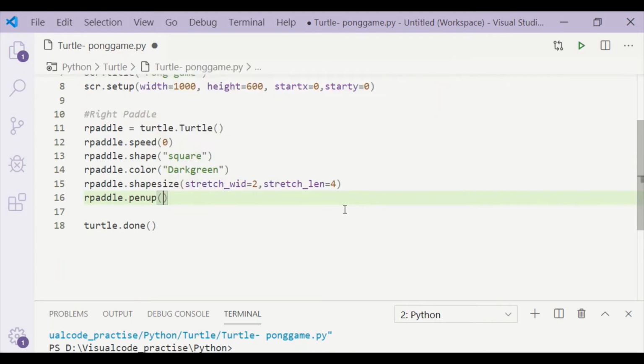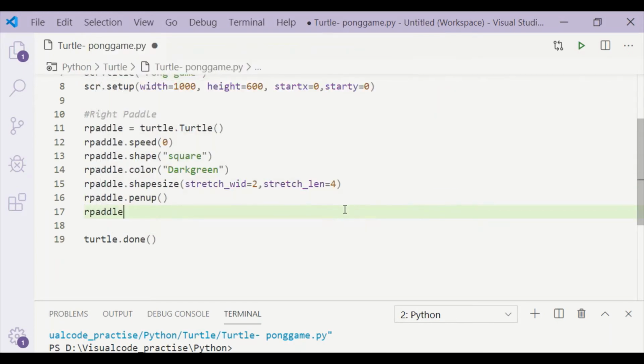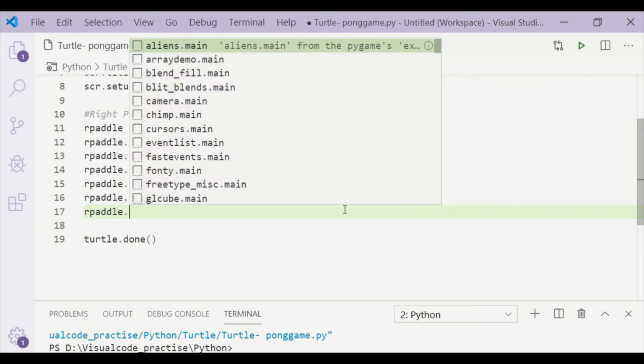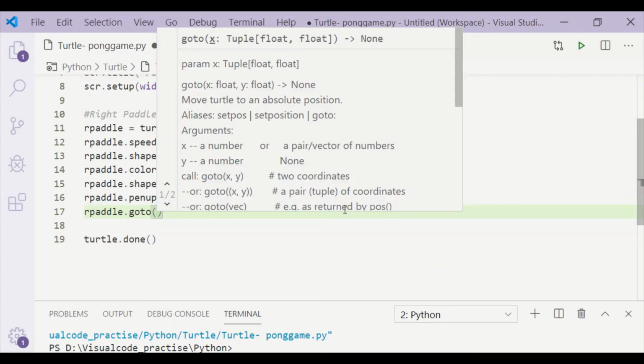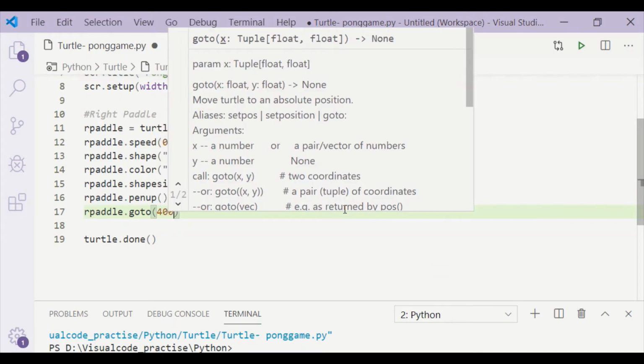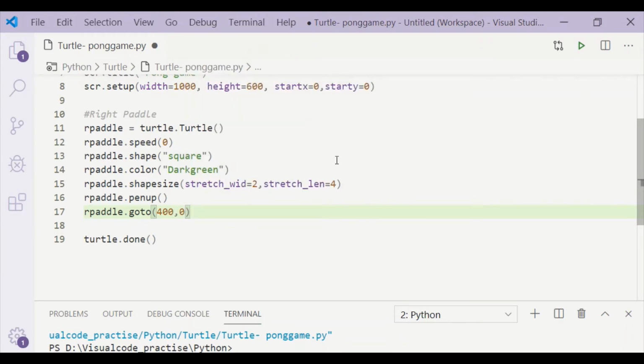In order to avoid the flickering effect, first we will take the pen up and then go to 400, 0, that is X location is 400 pixel and Y location to 0. This is the location for right pedal.